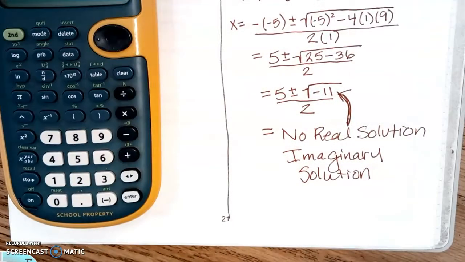What do you think will happen if you end up with 0 under the radical? How many solutions do you think you'll have? 1, right? Because when you take the square root of 0, you get 0. If you add 0, you get the same number. If you subtract 0, you get the same number. So it's just going to give you 1